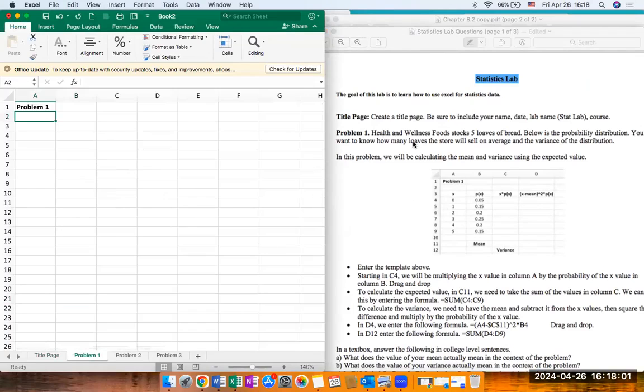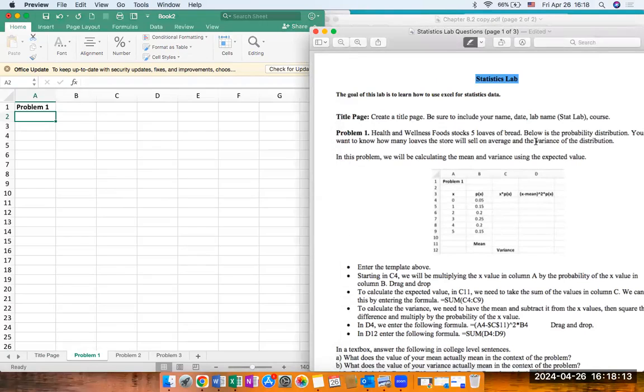It says Health and Wellness Food stocks 5 loaves of bread. Below is a probability distribution. You want to know how many loaves of bread they will sell on average and the variance of the distribution. So please go back and recall from chapter 8.4, at the very beginning or at the very end of the first page, what variance actually means, and then how to calculate